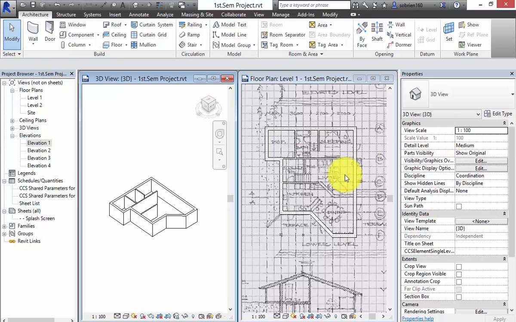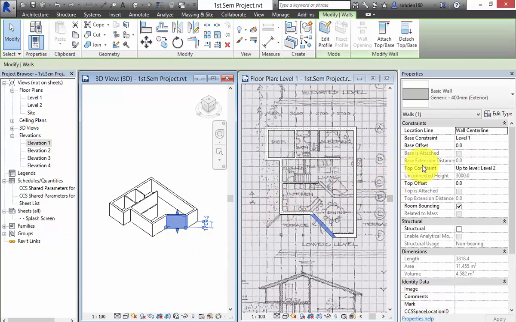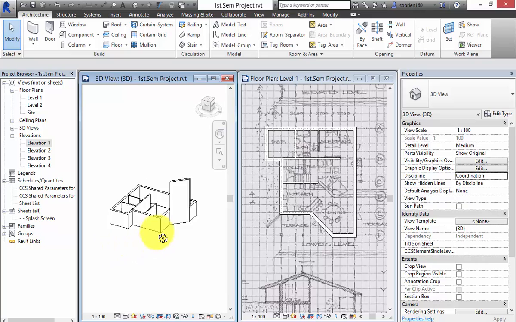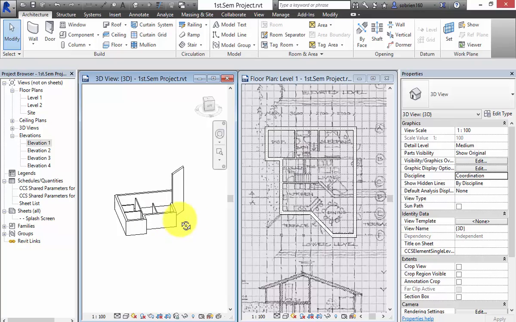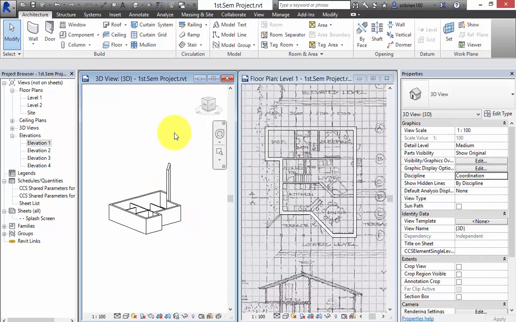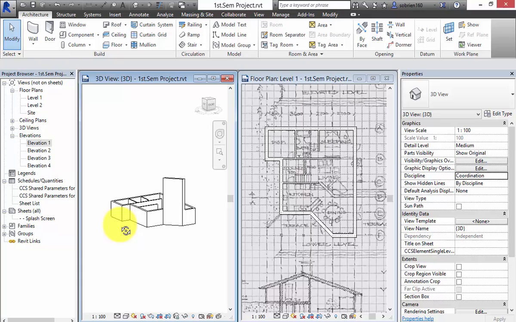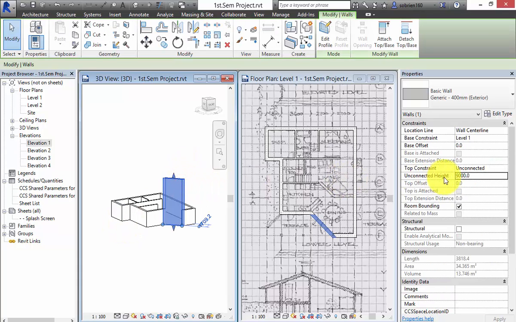The other thing we can do here is, okay, so we have a wall and we have a base constraint, but we also have a top constraint. And at the moment, the top constraint is level 2. But if I take that off, if I say unconnected, we can actually give that wall any height that we want. Like, let's make it 9 meters high, for example. So it's not constrained by anything. So we can make the wall 9 meters high, and we could probably bring it as far up as you want. But the beauty of constraining it, if I select it again and change top constraint to level 2, bring it back down again,